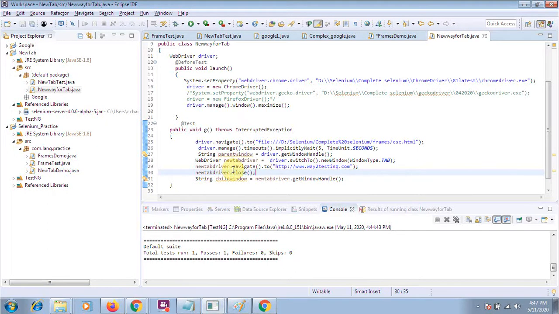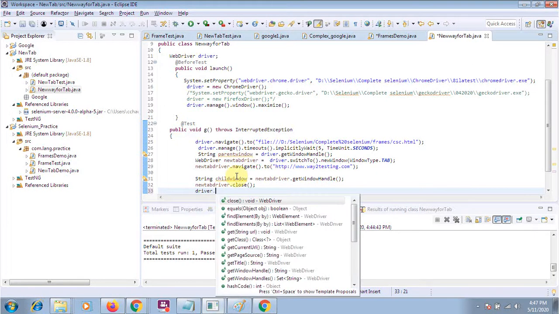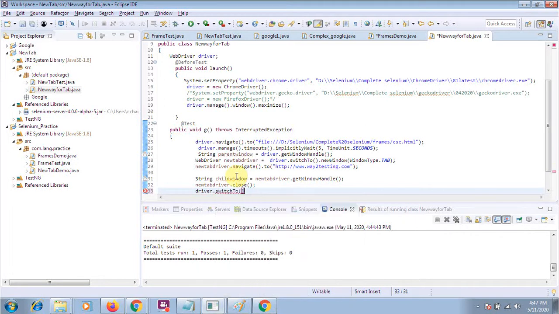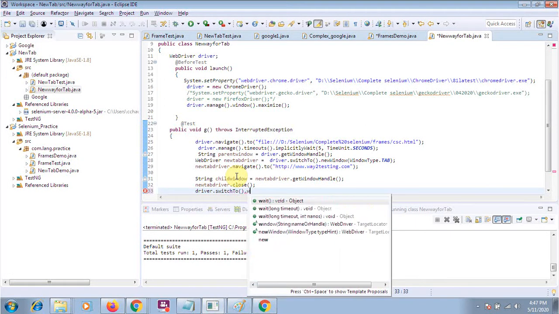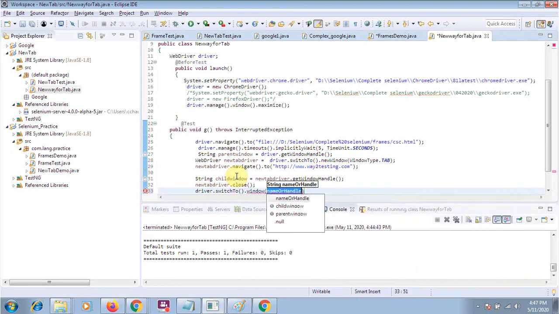Okay, and then I will switch to my parent window. I have closed my newly opened window. Now I am switching to the parent window. So I will say driver dot switchTo dot, there is a method window. It is available in all Selenium versions, and here I will pass my parent window.